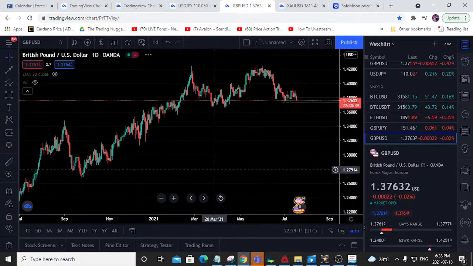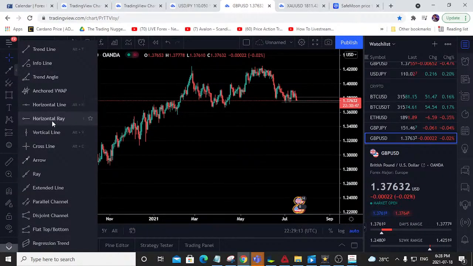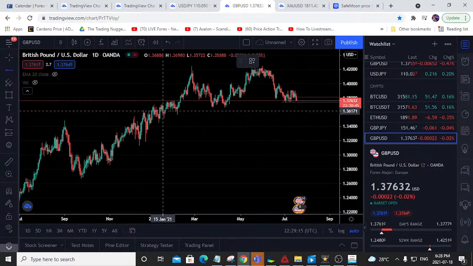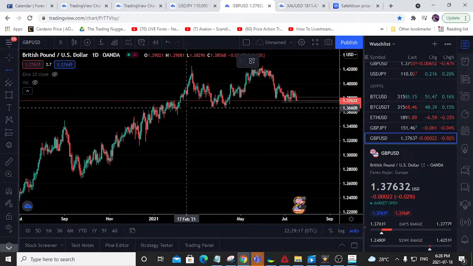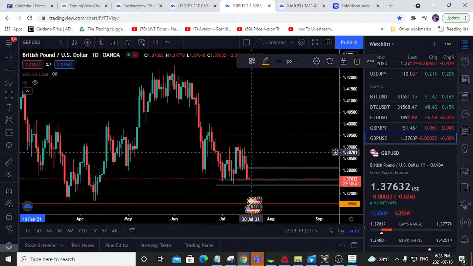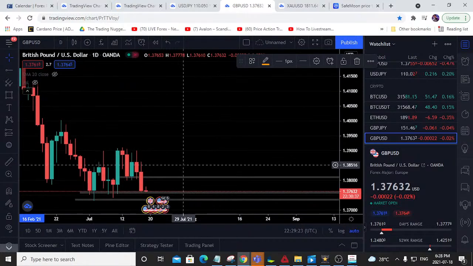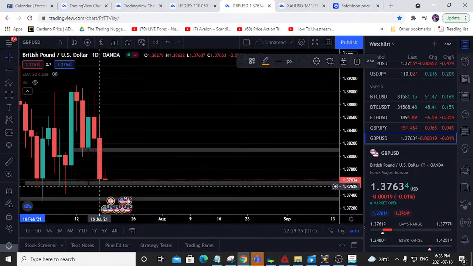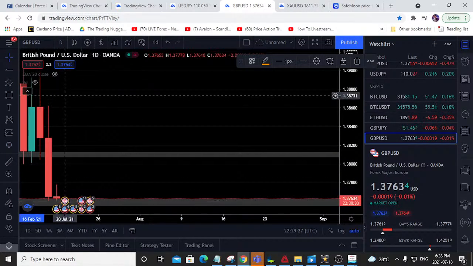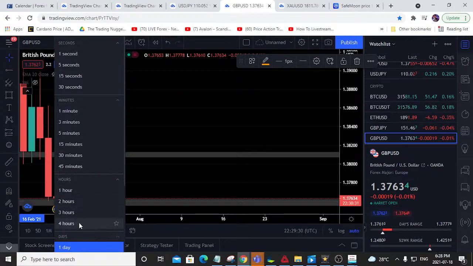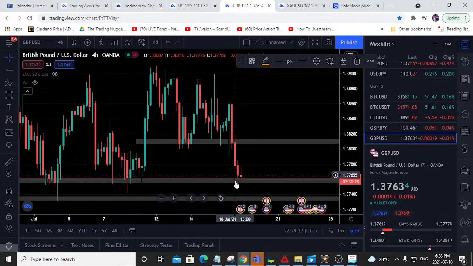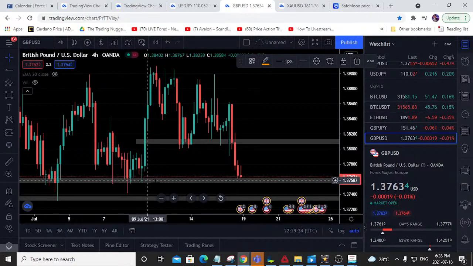If you look at it as well, it looks like it kind of just wants to reach maybe this area or maybe this area, right? So that would be maybe an ultimate take profit, but in the grand scheme of things, if it starts to break this low, which when we zoom in, if it starts to break this low, then yeah, we're definitely going to get to like